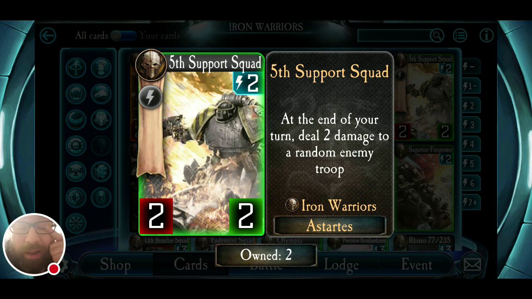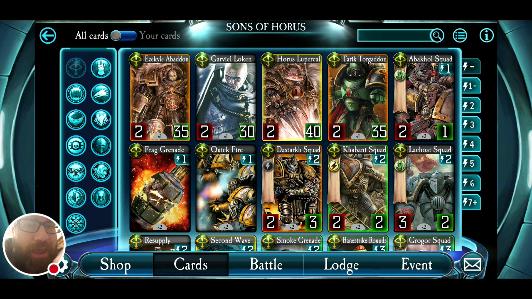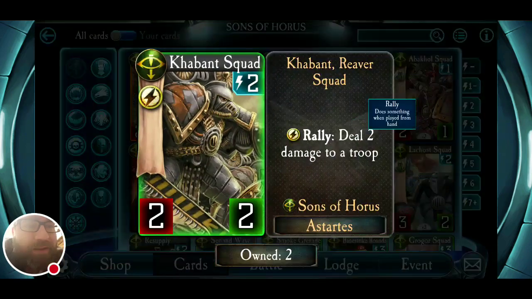Now, the 5th Support Squad, I like these guys. These guys are good. They're cheap. They're easily disposed of. Yes, they don't have more than 2 health. But keep in mind that there are a lot of frontline options with the Iron Warriors, so their survivability is a little bit higher than what you might see in some of the other legions, like Raven Guard or the Sons of Horus. So these guys, at the end of your turn, deal 2 damage to a random enemy troop. Now, if you set the board right, you know exactly what troop they're getting because they only have 1 troop left. So in a way, it's a little bit of an opposite end to